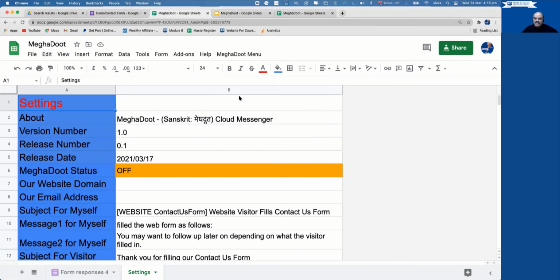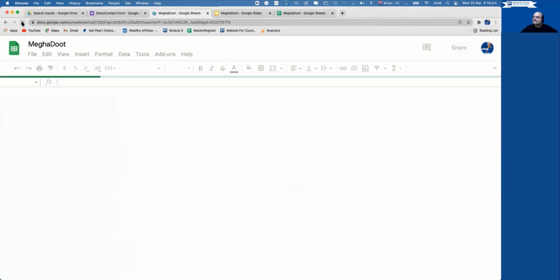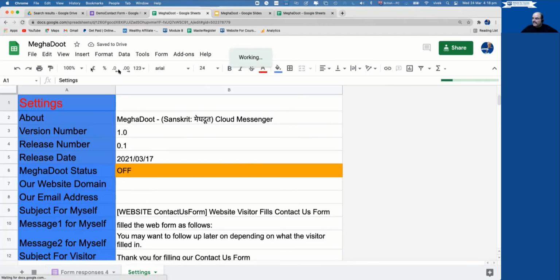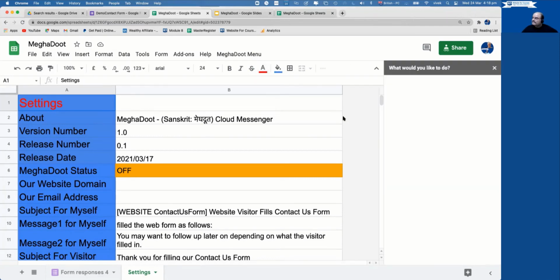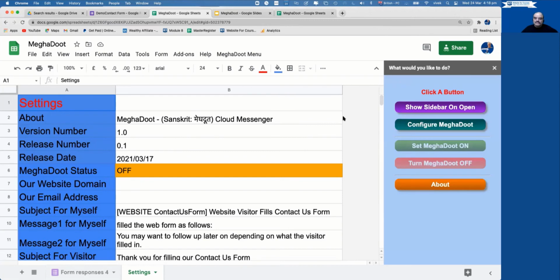So let me refresh the browser tab by clicking this one and wait until it loads fully. Now you see a beautiful, colorful sidebar, but Meghadut is not yet fully ready.